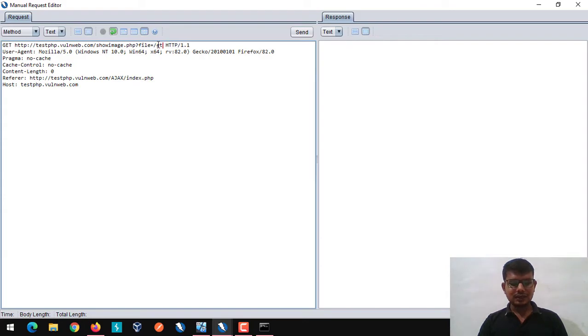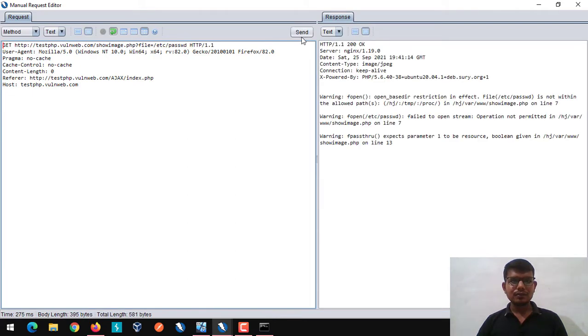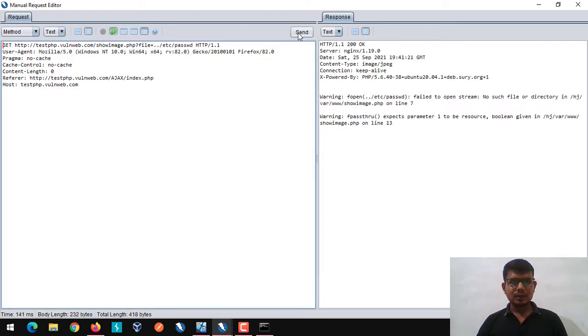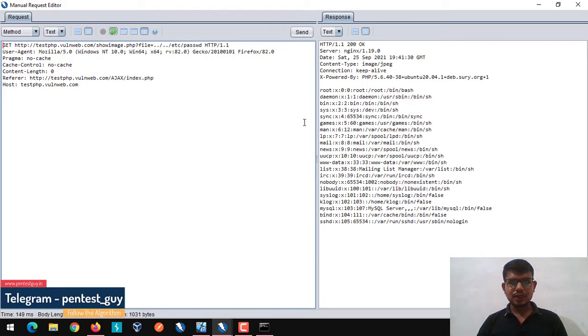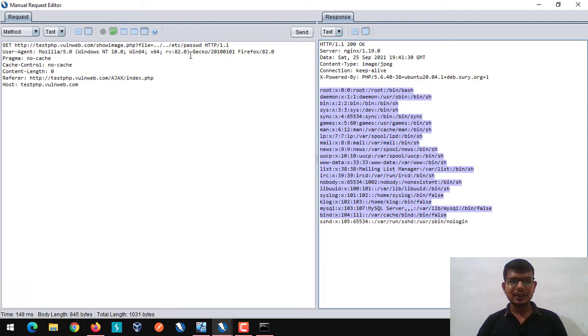As we know this is a Linux based machine, we can go with /etc/passwd, and try to explore the directories with ../../ and we are successfully able to get this /etc/passwd file.